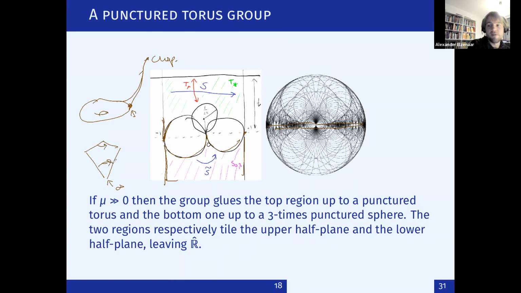So we get a sphere, but now we have 3 cusps on our sphere. These 2 points get mapped onto each other by the group action, so they're the same cusp. Here's a second cusp, and there's a third cusp at infinity, because these lines are parallel. So in reality, they're tangent at infinity. So we actually get a 3 times punctured sphere, a sphere with 3 cusps. And